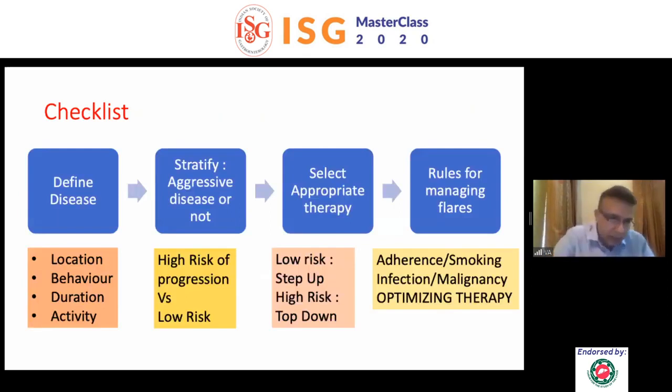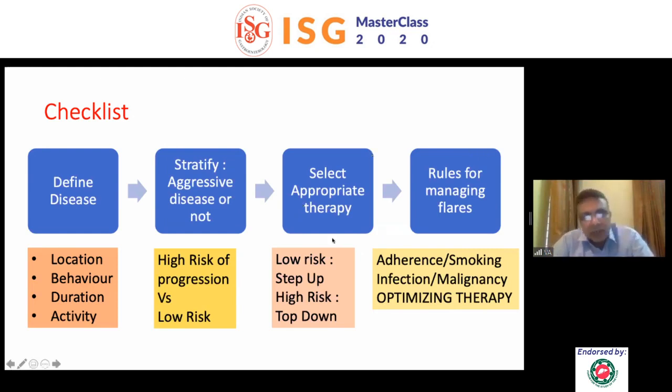And to my mind, this remains one of the most important slides, because this is a platform. This is what you would call the Google map for treating any kind of Crohn's disease. For every patient, you should define the disease, stratify right at onset, it is going to be aggressive or not, because your antennae are going to be up the moment you know it's a high-risk disease. Every time he comes in, and these patients are going to come to you time and again, you're going to decide, okay, this is a high-risk disease, I have to be very careful. I have to be aggressive also in terms of changing my treatment.